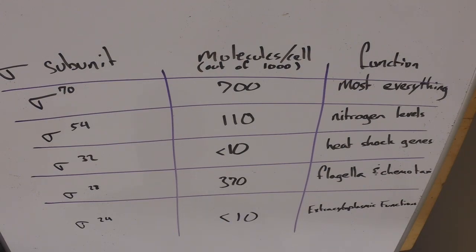Right. So why use different sigma subunits? I think this gives you a pretty good picture that each subunit will select for a different function, or vice versa. Each function has a subunit that will select for a promoter that corresponds to it. By using different sigma subunits, a cell can coordinate the expression of sets of genes as well, permitting major changes in cell physiology. So the sets of genes that are expressed is determined by the availability of various sigma subunits,